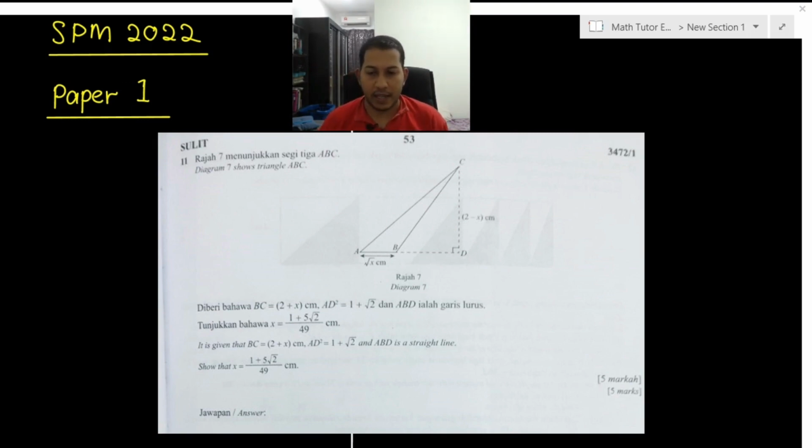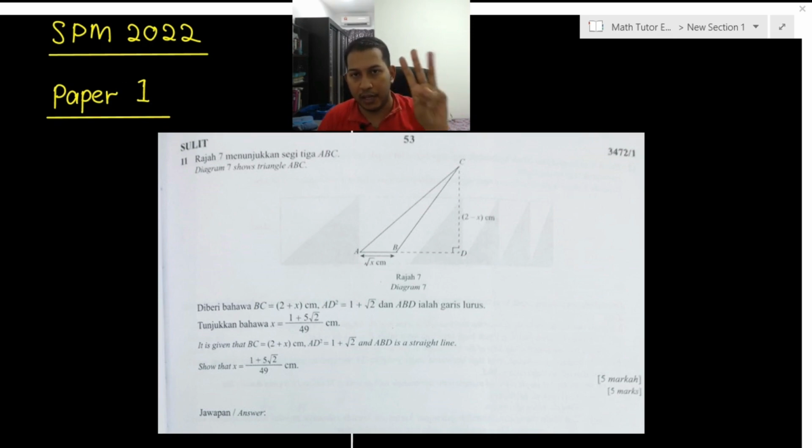Okay, so the question asks us to show that x is actually equals to 1 plus with 5 surd 2 divided with 49 centimeter. So it's actually a proving question which involves surd concept at the same time. Okay, so take your time to solve this question, and we will begin the discussion in the count of 5,